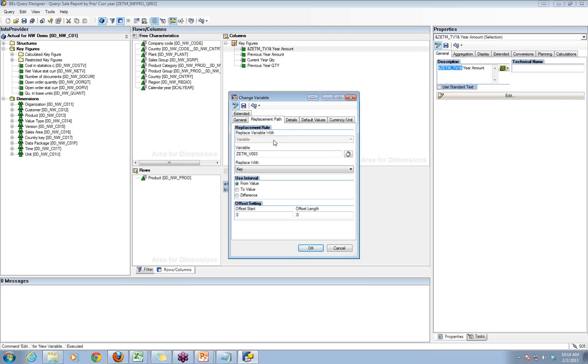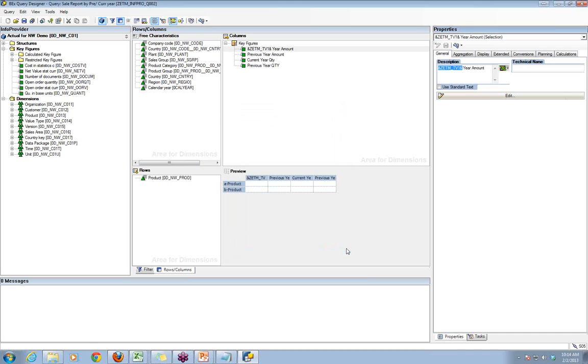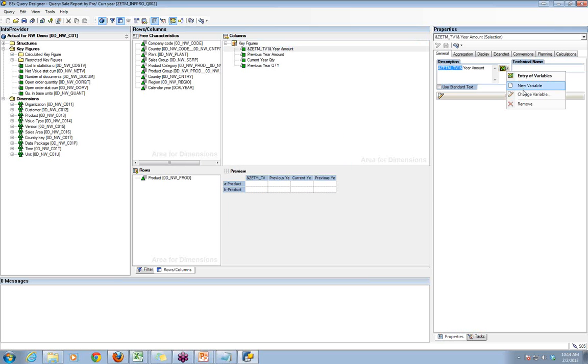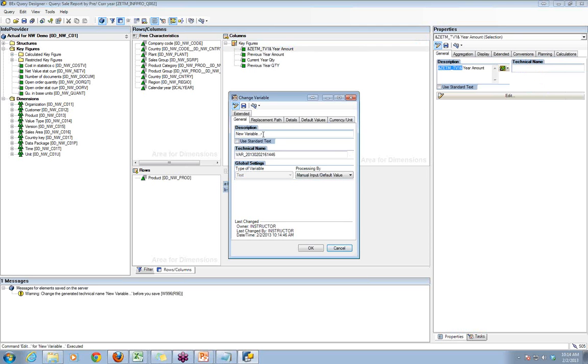ZETM underscore. This with the key, it should be with the label. Let's go build one more. And it's still text variable for